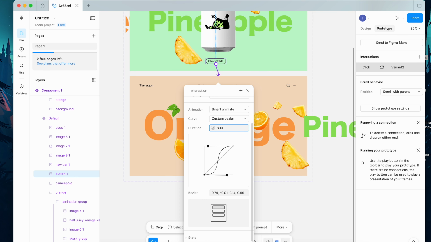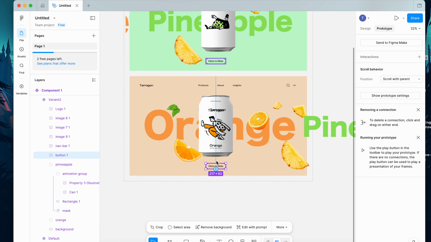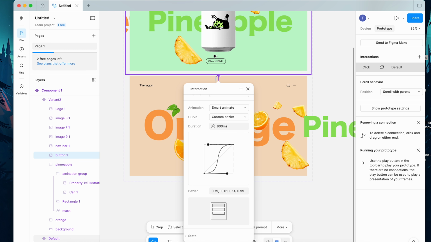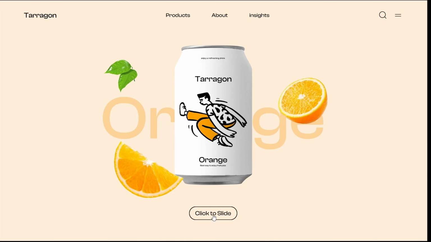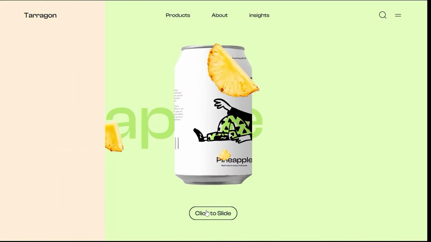I set my duration to 800 milliseconds, and lastly, I dragged the prototype arrow back to the first frame and it actually used the last animation settings, and at this point, I didn't need to actually change any more settings. In order to preview the animation, I had to click the play button and I got this. Beautiful. One more thing,